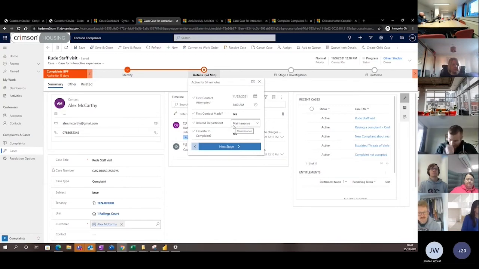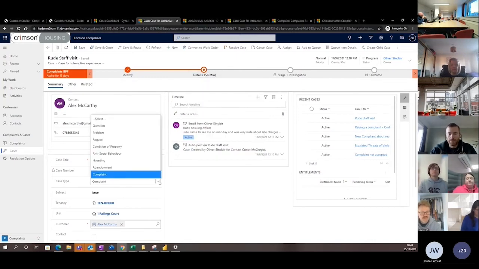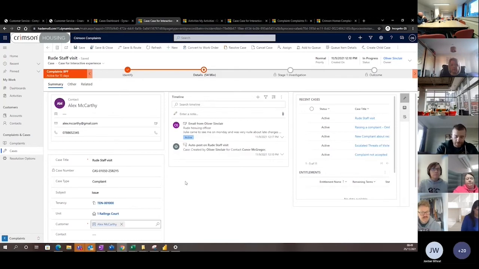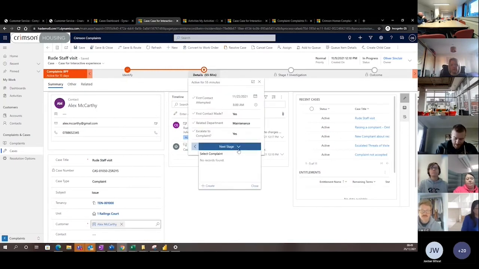Now, through this information, speaking to Alex, I've actually said yes, we need to escalate this complaint. So what we can see here is that a case, for example, could be anything. It could be an ASB, it could be a repair, it could be a specific element that's not related to case management. But once we escalate this to a complaint,